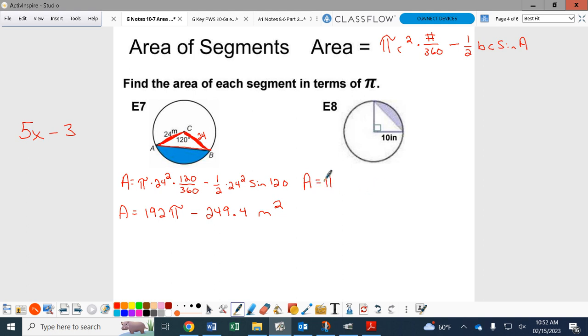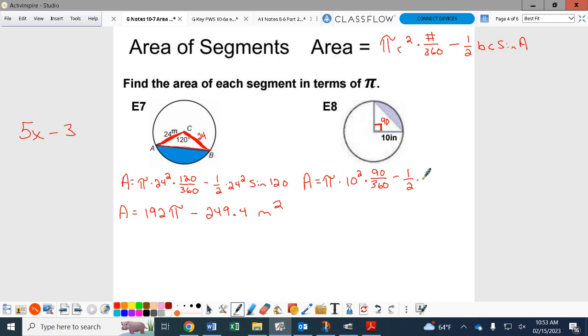pi times what is the radius? 10 squared. Times what is the angle out of 360? What does this symbol mean, guys? 90. That's what that means. 90 out of 360. Minus 1/2